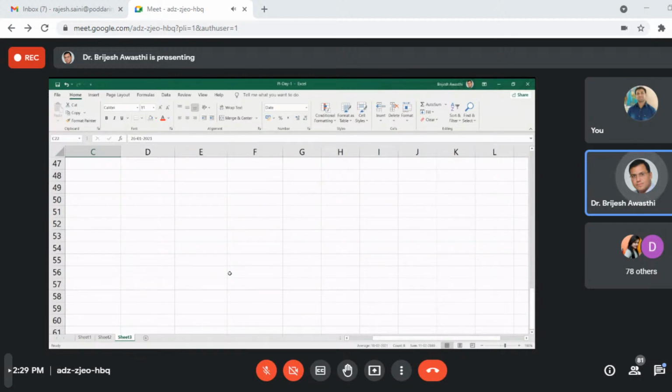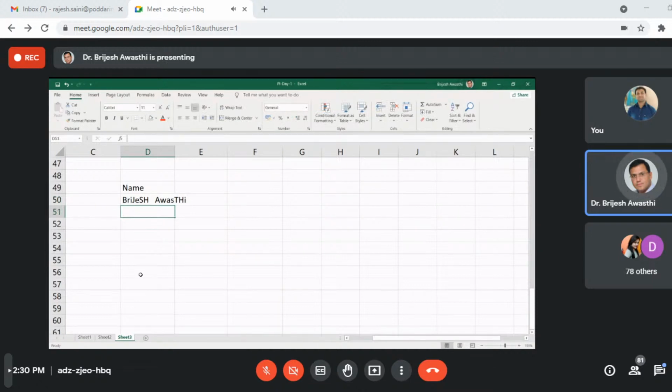If we talk about Excel, there are also functions so that you can manage or manipulate the text or play with the text. How will you do it? Say I will write something over here like NAME, name, BRIJESH, add, and AWASTHI, I type my name,